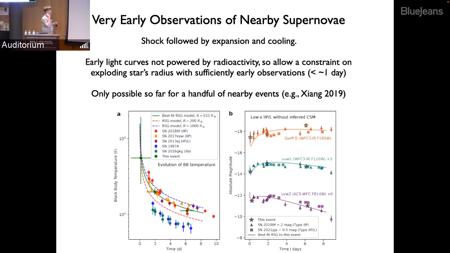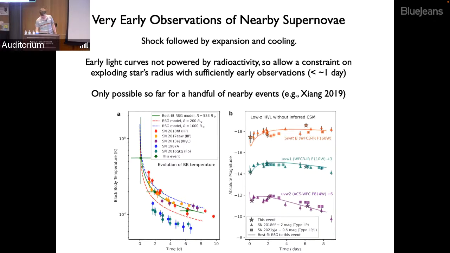So it turns out that through observations of strongly lensed supernovae, you can actually characterize in detail stars that explode at high redshift. In the nearby universe, there may have been a couple dozen very early published observations of supernovae. If you can catch the explosion of, say, a red supergiant in the first day or few days, you can see its black body temperature falling as the star expands and cools, and this curve depends on the size of the progenitor. Its luminosity is not yet powered by radioactivity, so the physics is simpler. You just have the shock that's heated the star, and then it's cooling as it expands. And so for a handful of events, we've been able to measure the sizes of stars in the nearby universe